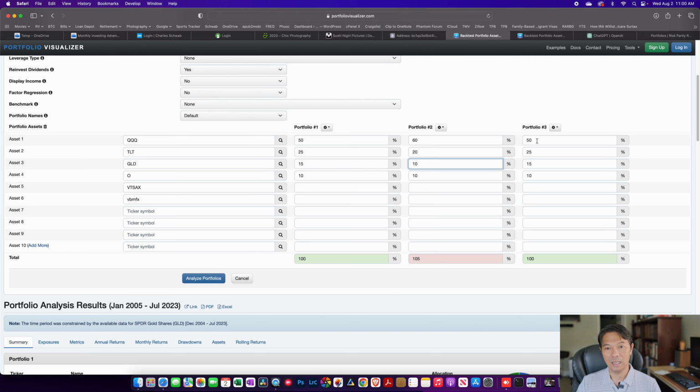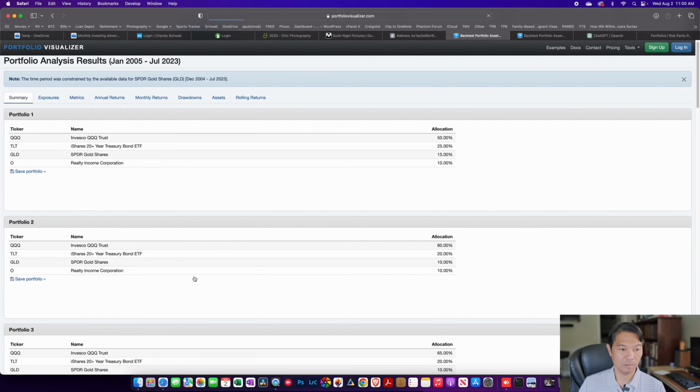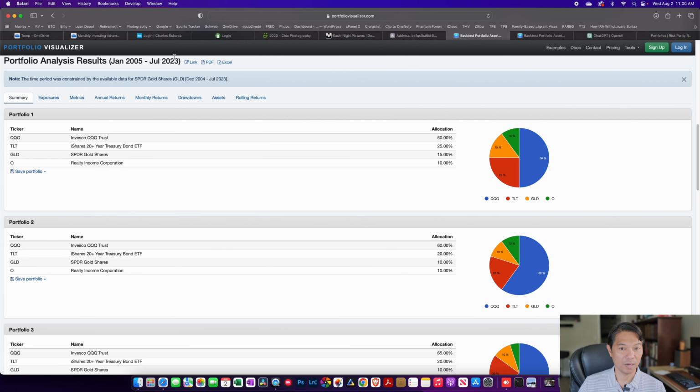And then in this one, we'll bump this all the way up to, call it, 65%. We'll take this down to 20, 10, and 5. Okay. So now we've made 2 a little bit more aggressive than my original allocation, and we made 3 even more aggressive than that. If we were to analyze this, same time period,